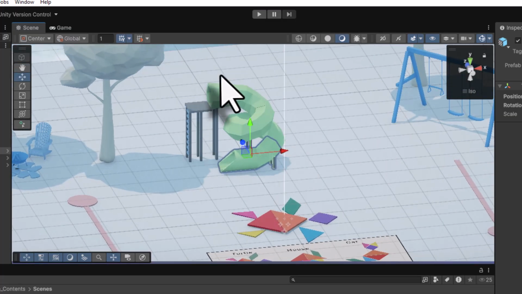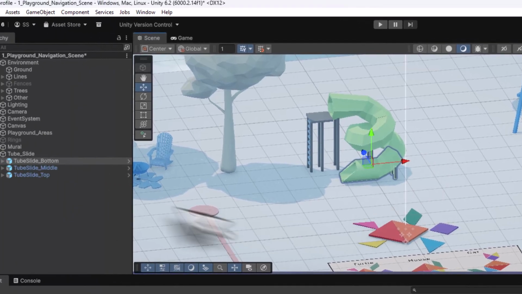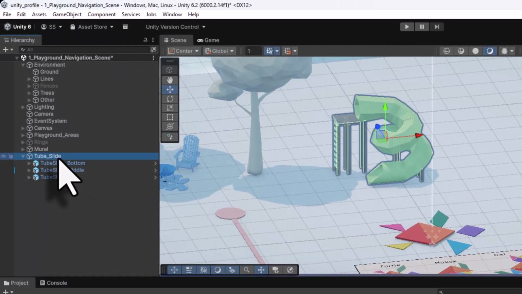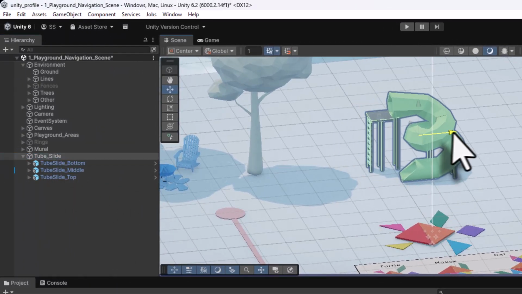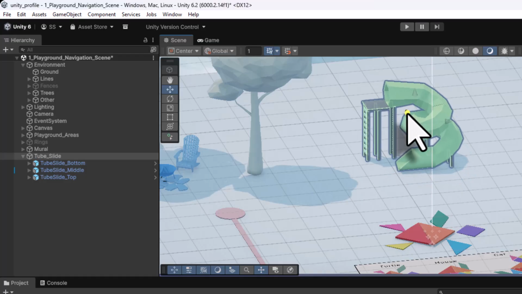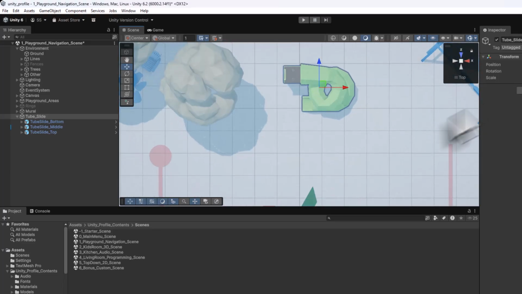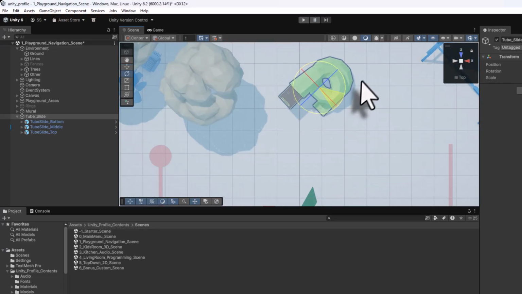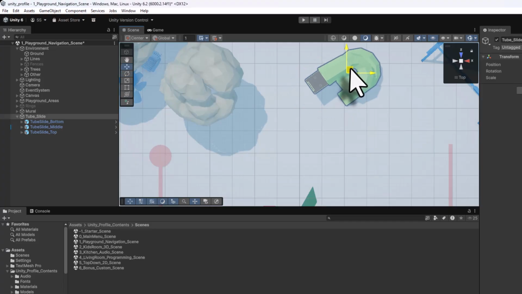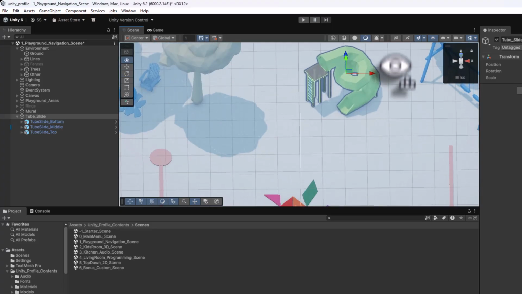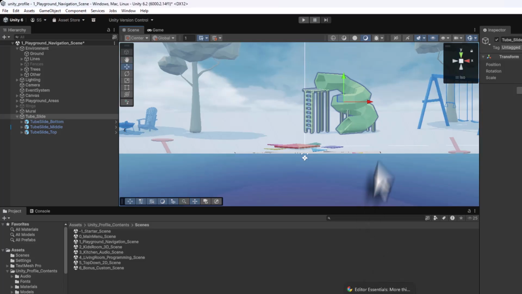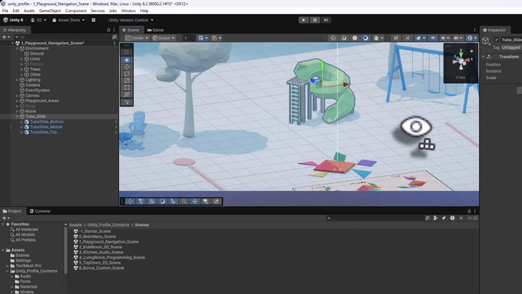Now to set the position of all the three together, I will select tube slide, and I am going to move it and place it exactly where I want this to be placed, and I will come into the gizmo top view, and if required I will press E and slightly rotate it like this and place it at an angle. Press W and place it correctly, and now if you turn and see, we have precisely aligned and placed